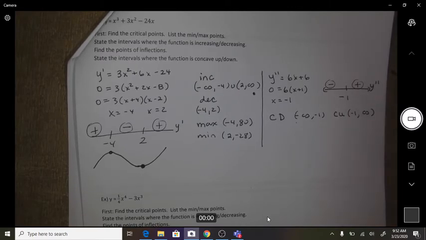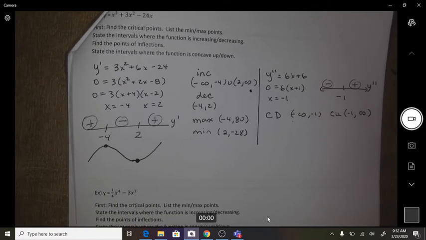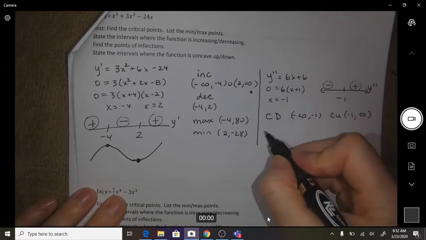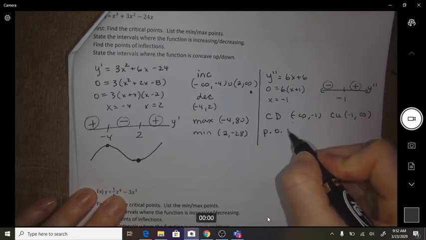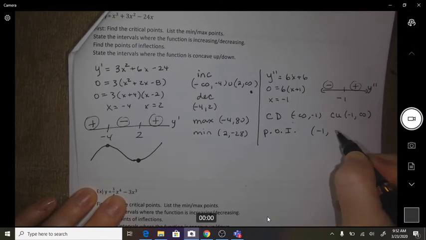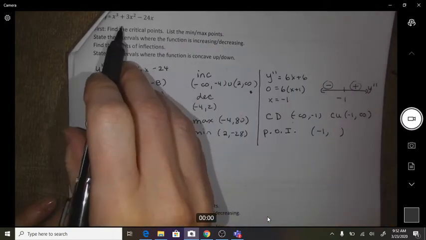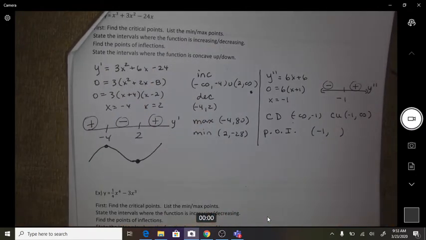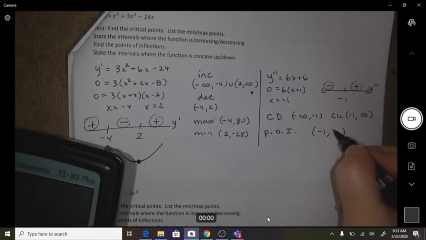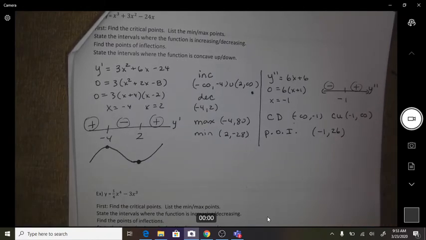Okay, so we also have to know the point of inflection. Point of inflection is -1 comma, and again this -1 you actually have to go back up to the top to plug it in because it's a point, you want to know the y value. So 26. So if I'm going to draw this,